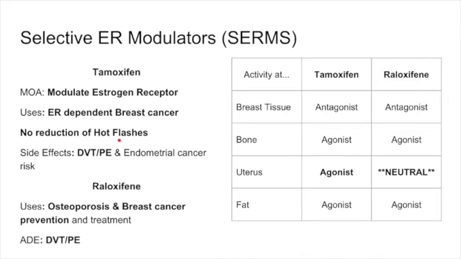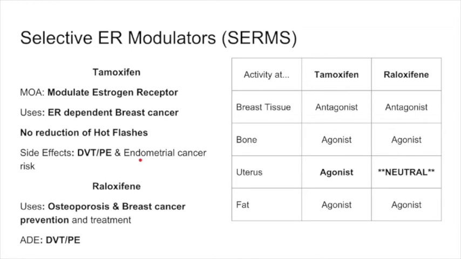That was another idea, that we could block, or we could treat breast cancer by being an antagonist there, or just treat hot flashes by being an antagonist there and not have to worry about the effects of giving estrogen and what it would do to the breast tissue. But it didn't work. However, because it's an agonist at the bone and at the uterus, it actually has a risk of endometrial cancer. And it also has a risk of DVT-PE because, in that respect, it has estrogen-like